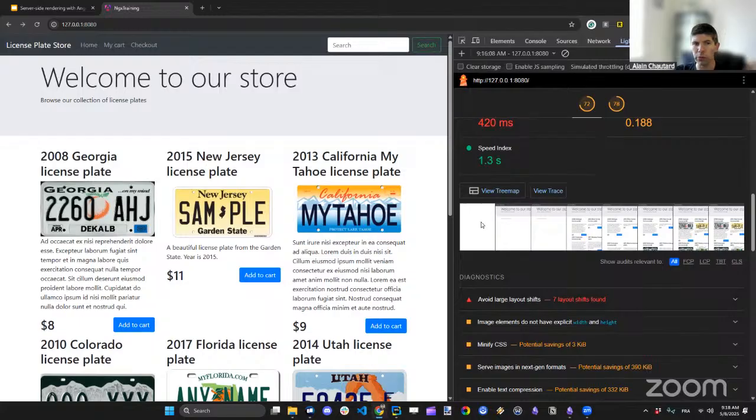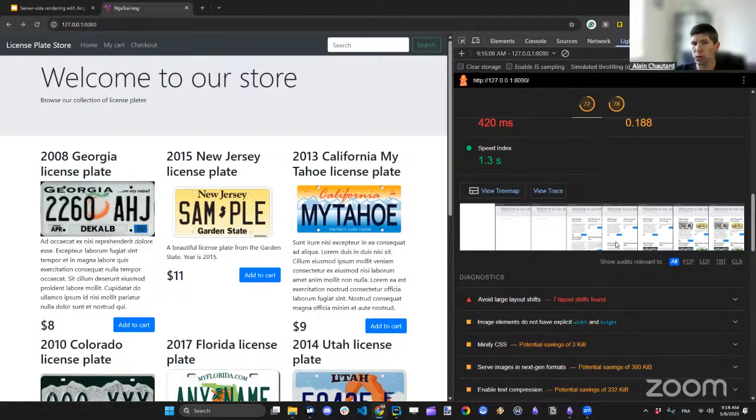Which, of course, when we load the application here, because Angular is building all of that DOM from scratch, we have one component showing up, and then we have another one, and then another one. So things end up moving around quite a bit, right? The text moves up and down, then the images get inserted and move the text down a little bit more. So this is shifting the layout on the page, and it is a performance problem because